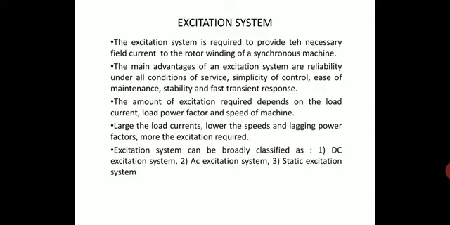A centralized excitation system is cheaper than an individual excitation system, but when a fault occurs in this system, it will affect all the alternators in the power plant. In view of this point, the individual excitation system is widely used. The excitation system can be classified into three types: DC excitation system, AC excitation system and static excitation system.